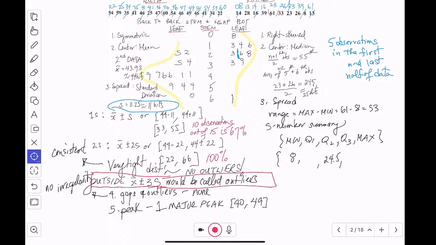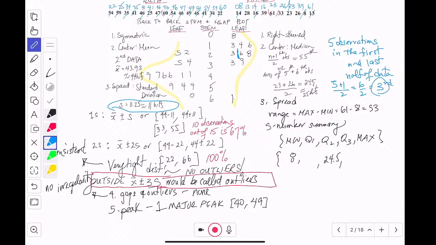So if there's 5, the center is at 3, right? 5 plus 1 over 2 is 6 over 2, or 3. So this is where you'll find the middle of the first half. So 1, 2, 3. This will be the middle of the first half. And 1, 2, 3. This will be the middle of the second half. Are you guys following me? So 14 will be the first quartile, and 33 will be the third quartile, and then we end with the maximum.